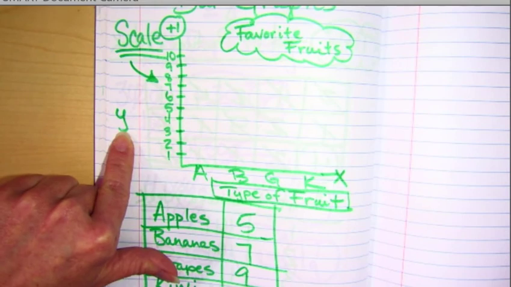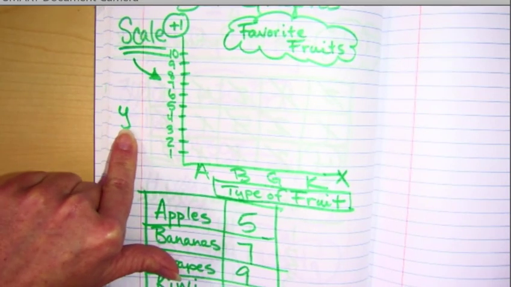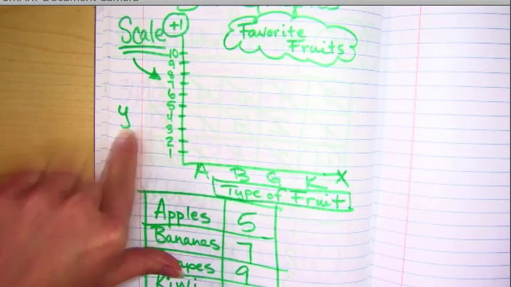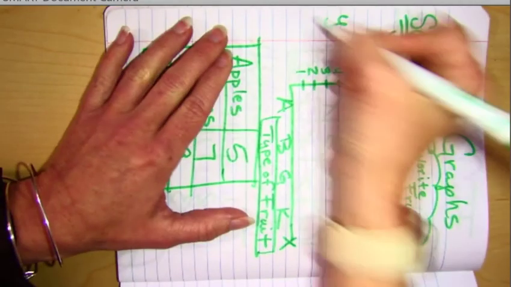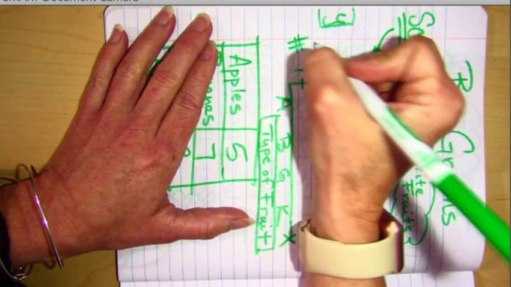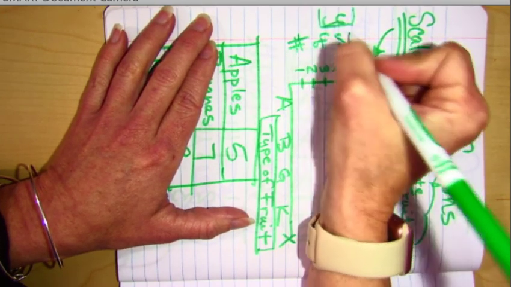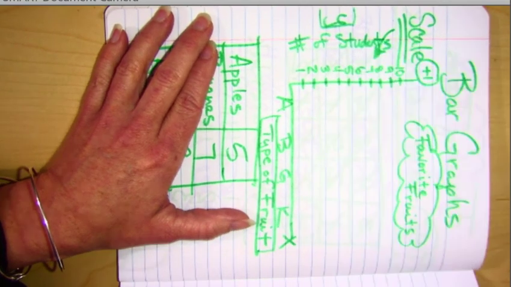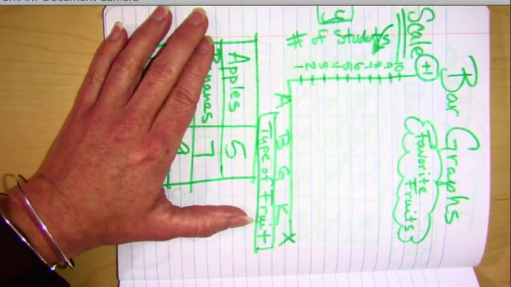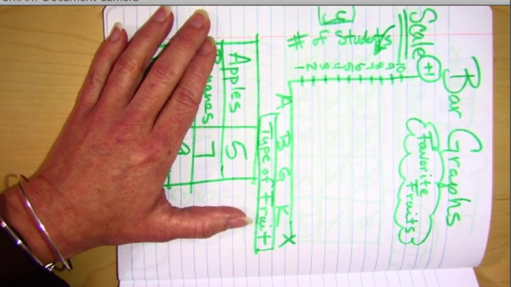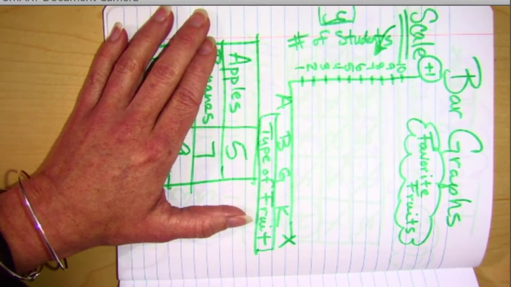Isaac was the closest with number of votes, but each vote represents what, Brooke? Yes, thank you. That's what I was looking for. So this is my Y, and I would call it number of students. Because this very fast, quick poll I just did took a lot of time and effort, right? Yeah. I just took a quick poll of all the students in my class.